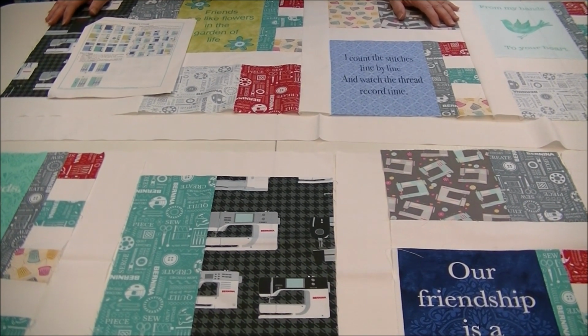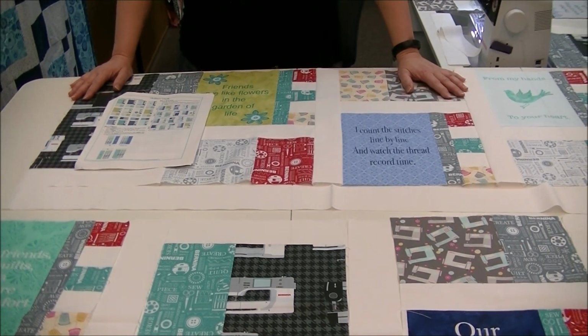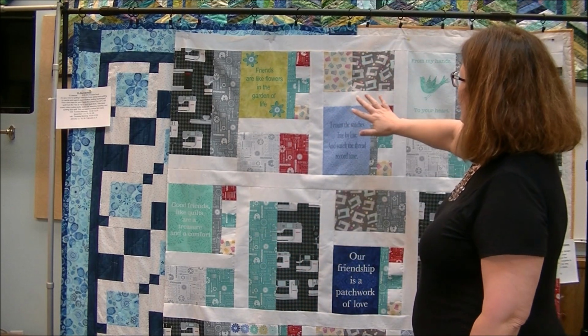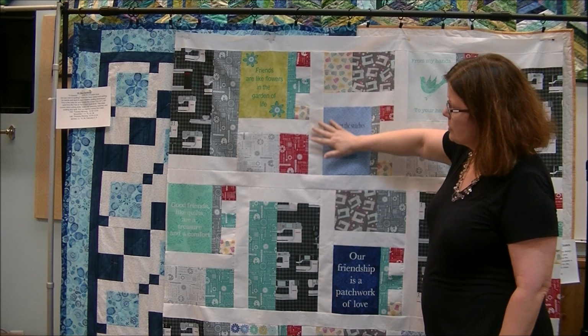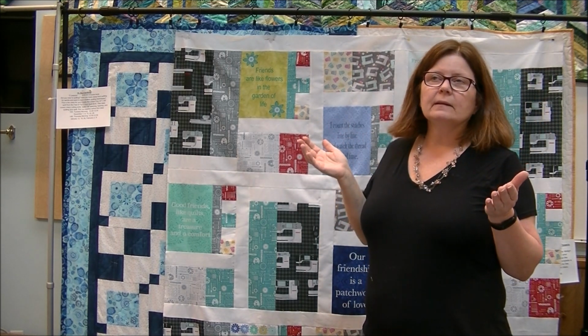So I'm going to go ahead and sew all of this together, and then we'll come back and talk a little bit about the borders, because she's done very modern borders, not the typical all the way around the borders. And welcome back. So we have our quilt all sewn together, and I gotta say, this is the first